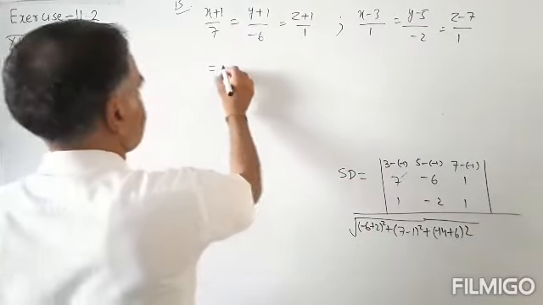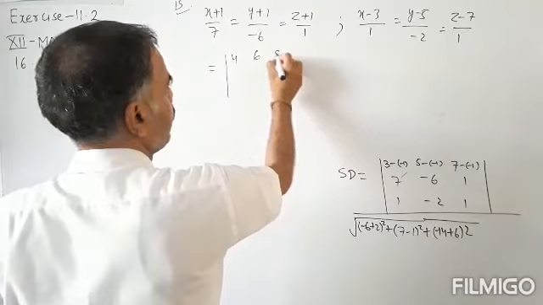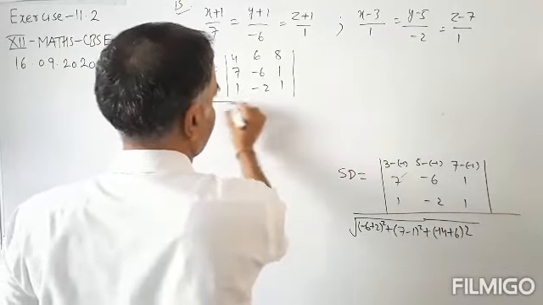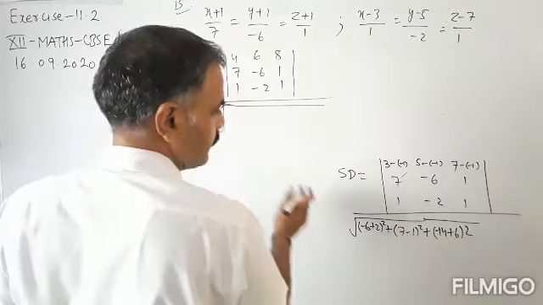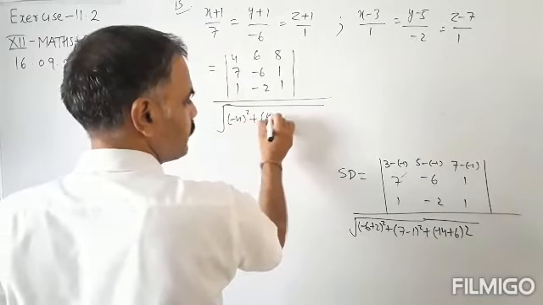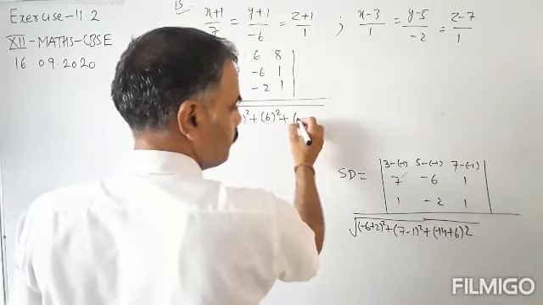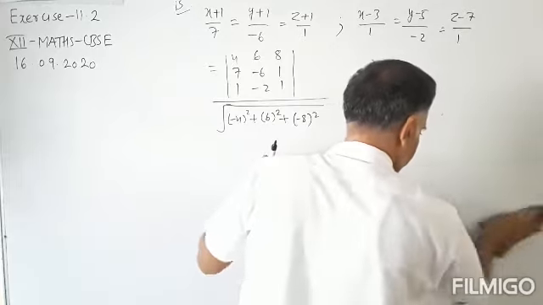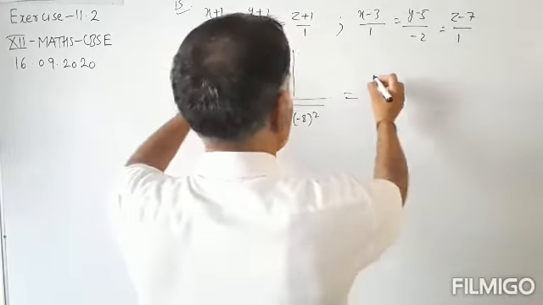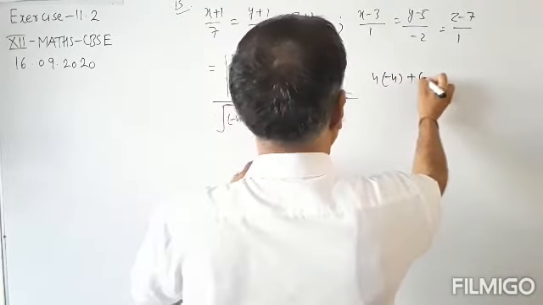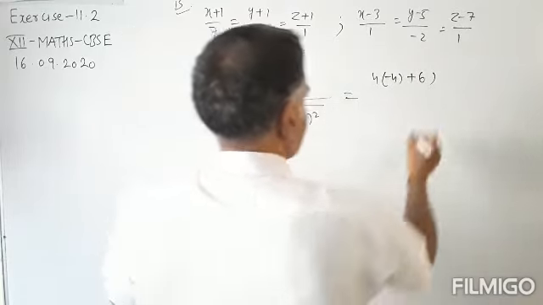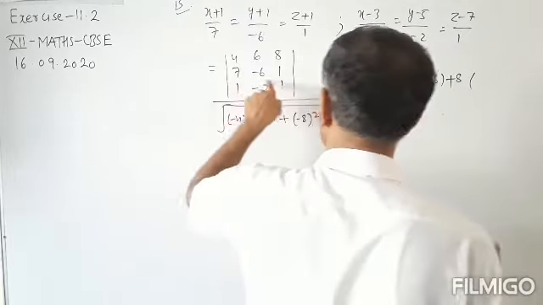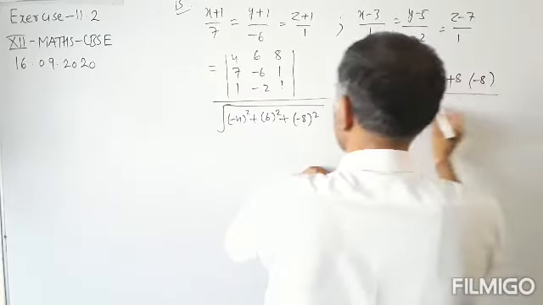3 plus 1 is 4, 6 and 8, with 7 minus 6 and 1 minus 2 and 1, divided by under root (minus 6 plus 2, minus 4) square plus (7 minus 1, 6) square plus (minus 14 plus 6, minus 8) square, equals 4 into (minus 4 plus 6) minus 6 into (6 plus 8) plus 8 into (minus 14 plus 6, that is minus 8). Okay, and divided by under root